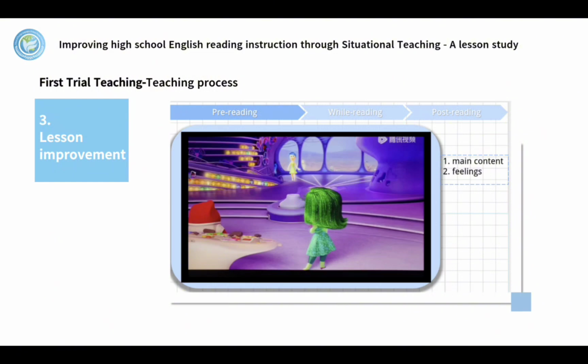So this is our first trial teaching. In this trial teaching, the thematic meaning extracted from the text was how do you feel on the first day of a senior high? And the teaching design is as follows. In the introduction part, the teacher introduced the topic with a video showing the complex emotions of the main characters in the movie Inside Out. The teacher guided the students to observe the characters' emotions in the video and relate them to their own complex emotions on the first day. This can stimulate the students' interest in learning and understanding.